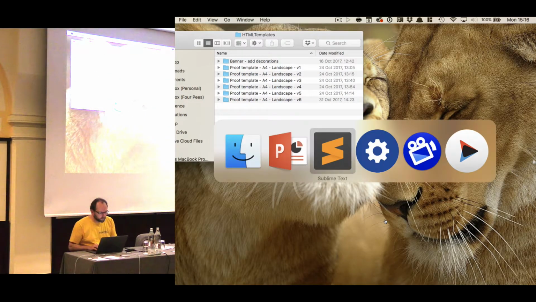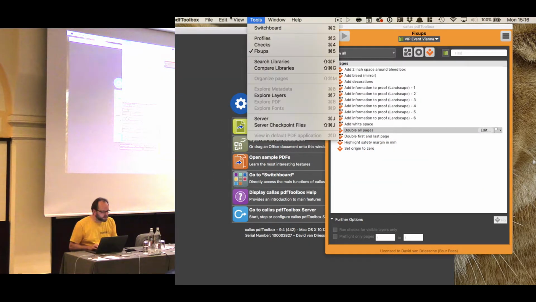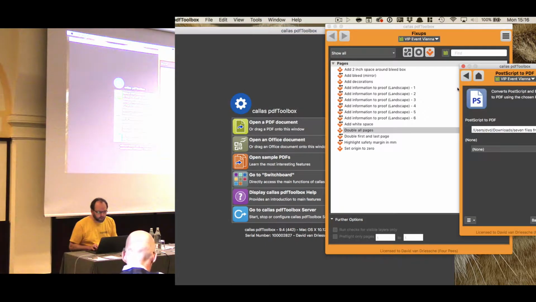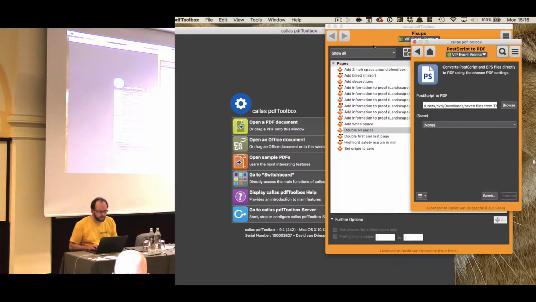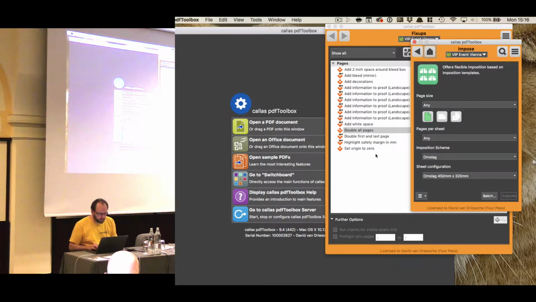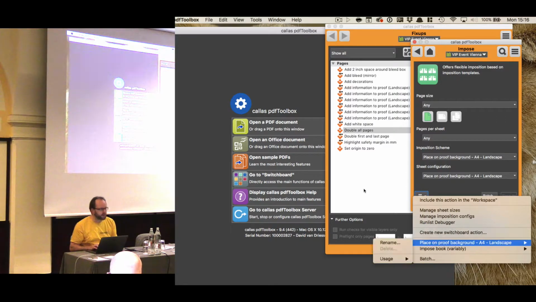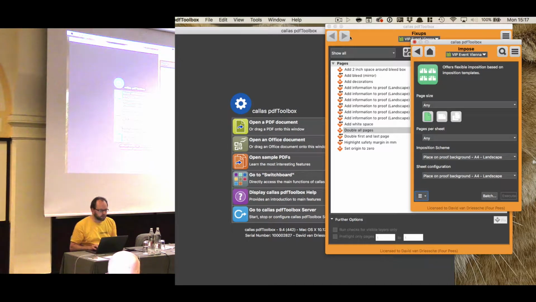If anyone is not familiar with that, what I've done as a next step is, when you go to the switchboard and you look at the imposition part, impose, I can select the sheet config and the run list file that I want, and then from there you have to create an action. So create new switchboard action. I've given that a name,